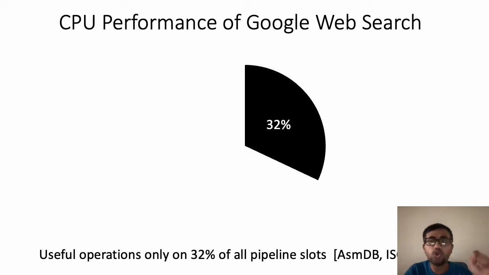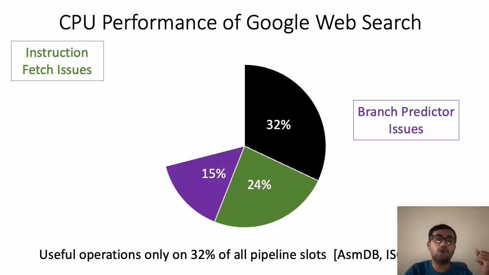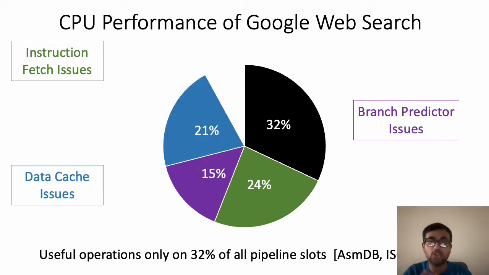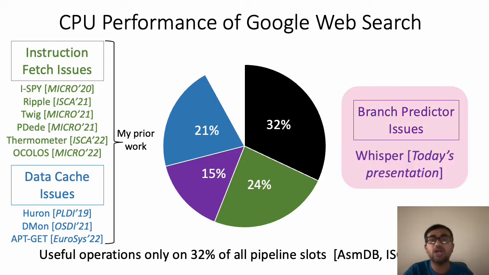Almost 24% of all pipeline slots are lost due to instruction fetch issues. 15% of all pipeline slots are lost due to branch prediction issues. Finally, 21% of all pipeline slots are lost due to data cache issues. While my prior work has addressed issues regarding instruction fetch and data cache, in today's presentation, I will focus on